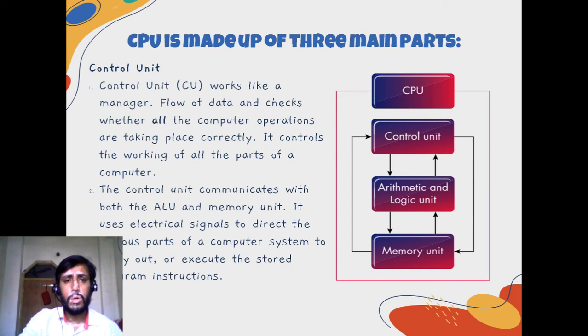The control unit is controlling everything, and whenever we type something from the keyboard or mouse, it is converted into electrical signals, and those signals pass through the devices of your computer. You might be thinking what kind of information is going from here to there. The information is changed into electrical signals and passed from here to there.